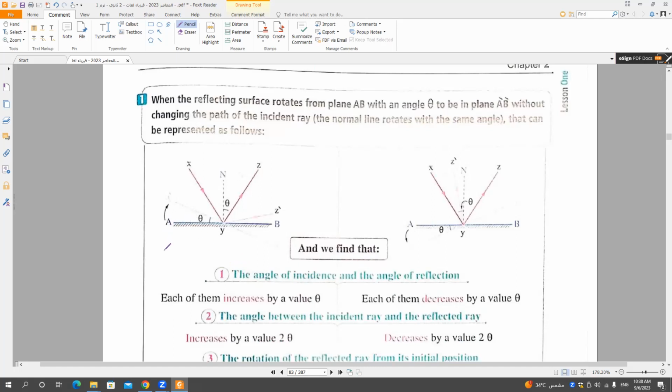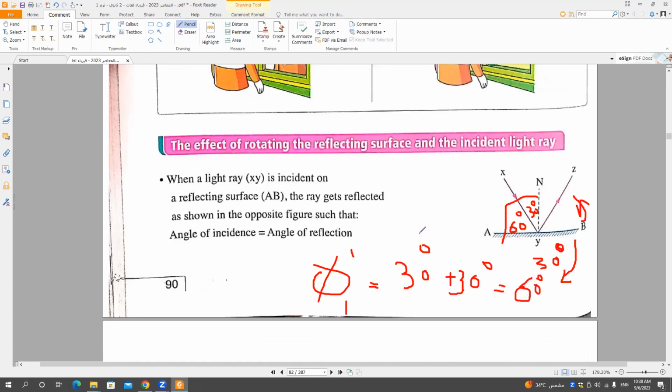When the mirror is rotated clockwise, each of them will increase by the value θ, and the angle between the incident light ray and the reflected light ray will increase by what? 2θ. When the mirror is rotated by an angle of 30 clockwise, like this,